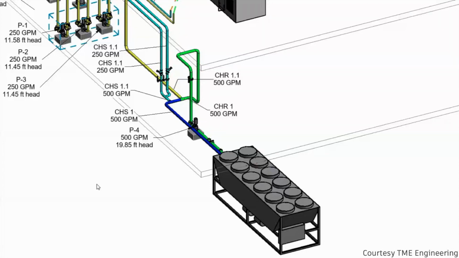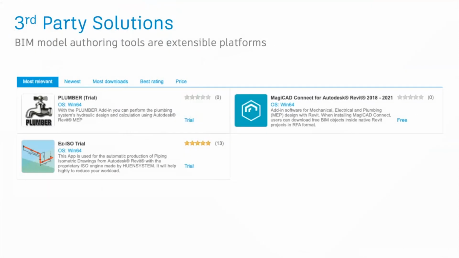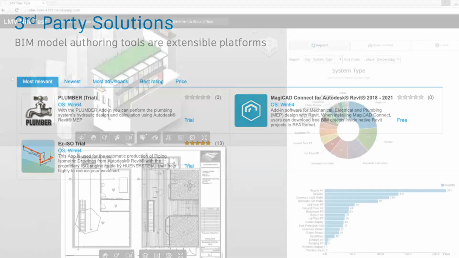However, as sophisticated as these tools are becoming, they aren't, I would say, there yet, and so we do rely heavily, the industry that is, on third-party solutions as well. This is just a couple of third-party solutions that are available that drill down into specific areas, and typically we see plumbing being one of those areas, to do more sophisticated plumbing than is capable of some of the tools today. Fire sprinklers, another area. So you shouldn't ignore that. Part of the use of BIM technology is potentially using third-party solutions.